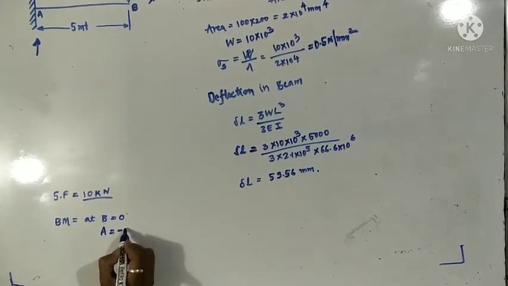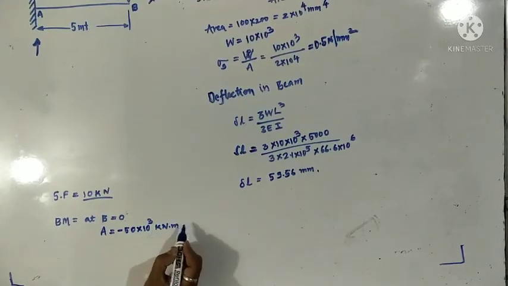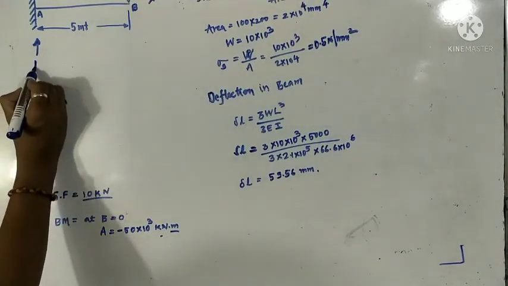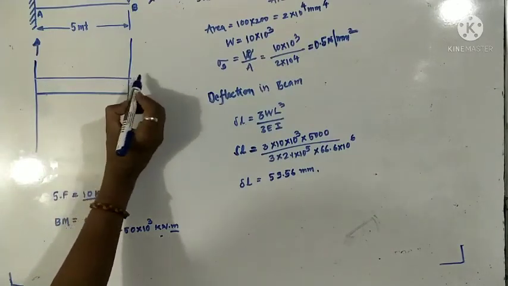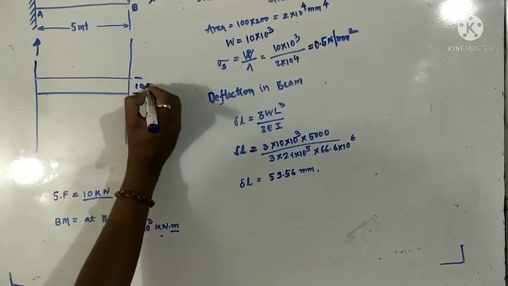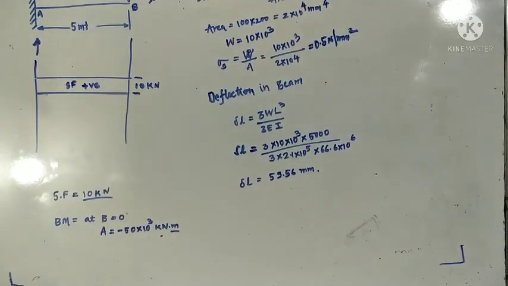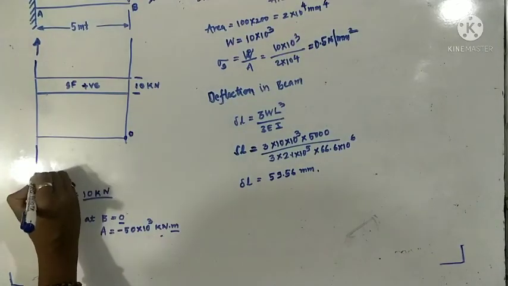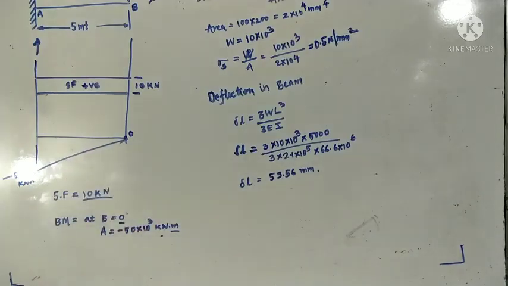Now I will write down the shear force value and the bending moment value, which is maximum, and I will draw shear force and bending moment diagram. So just draw parallel lines below the diagram. First one will be shear force, that is 10 kilonewton. This is throughout the beam and it is positive, whereas bending moment starts from 0 at B and minus 50 at A. So the curvature will be downwards.